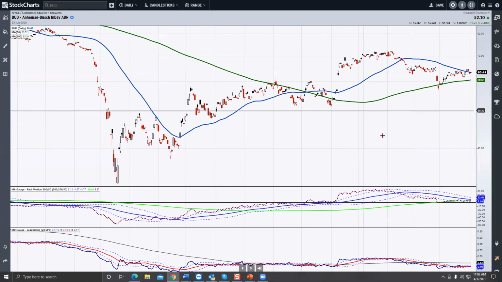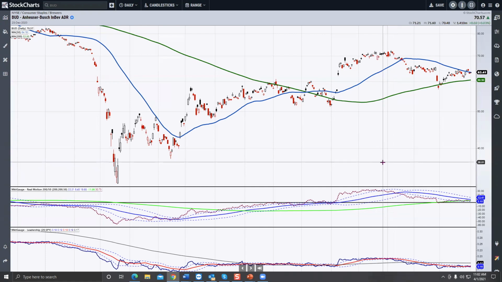In the case of Budweiser, you can see that this has broken down under the 50, but let's take a look at the momentum over time. It was trading above the 50-day moving average here as it was trading above the Bollinger Band and also the 50-day moving average here. And then look what happened here. It started to show weakness in momentum. Already it had really started breaking down under the Bollinger Band here